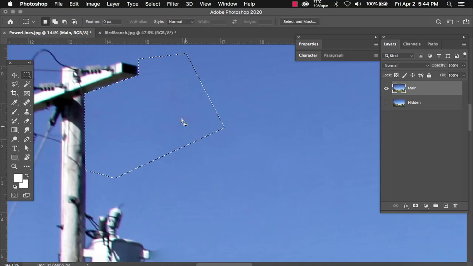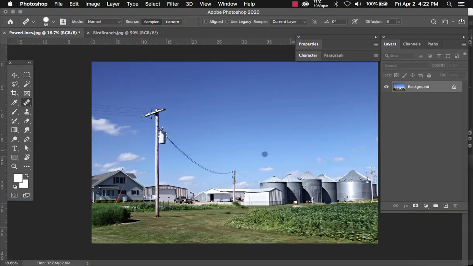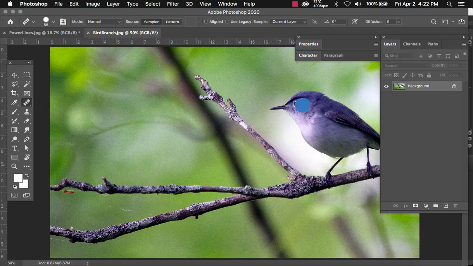You can press M and click inside, or Command D or Control D. And as you can see, a perfect edge. So we got rid of all the stuff that was inside that selection. And there you have it. We just got rid of all the power lines using a combination of the healing brush and the spot healing brush. Let's jump over to another example where we have a bird on a branch